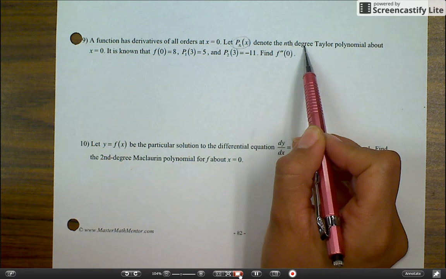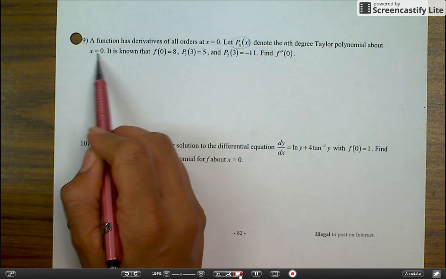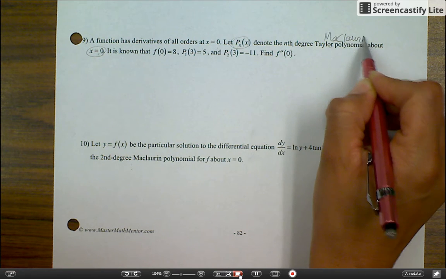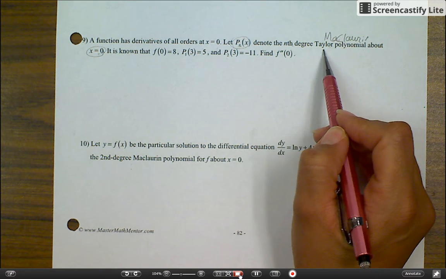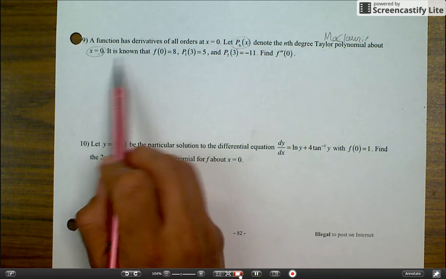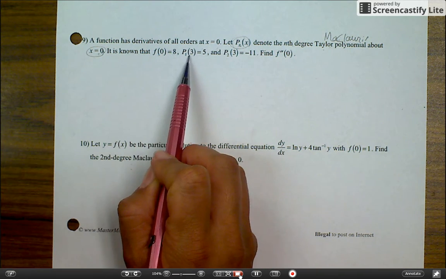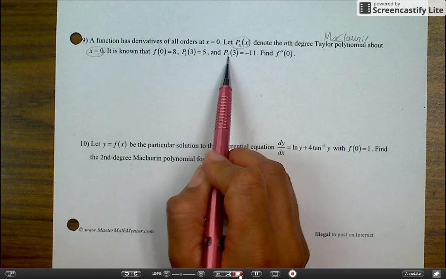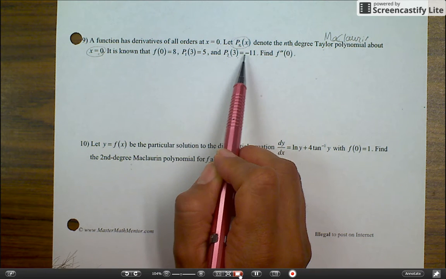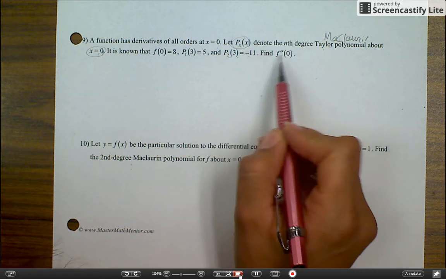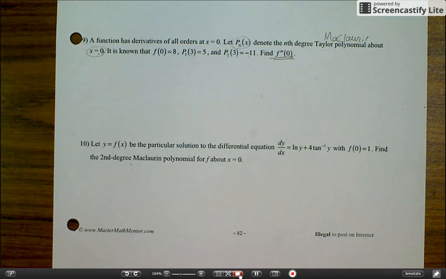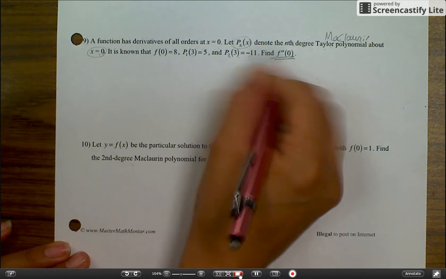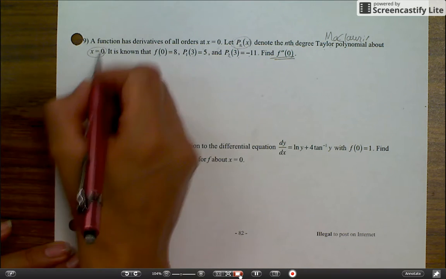This is the nth degree Taylor polynomial about, and it'll tell us about this. So the minute that they say this, it is the same thing as the Maclaurin. But remember, Maclaurin is just a Taylor polynomial, okay? It is known that f of 0 is equal to 8. The first degree polynomial evaluated at 3 is equal to 5. The second degree polynomial evaluated at 3 is equal to negative 11. Find this. All right. So I have this. Okay, so I don't know what my f of x is, but I do know that I've got